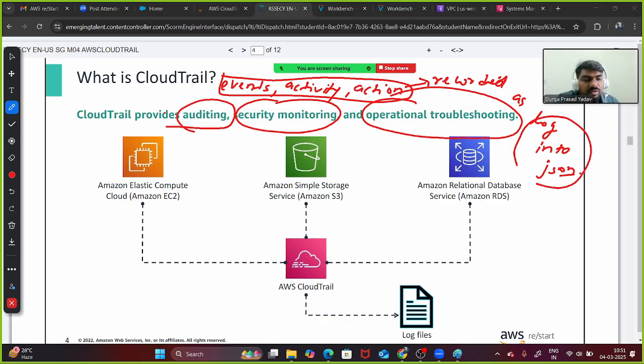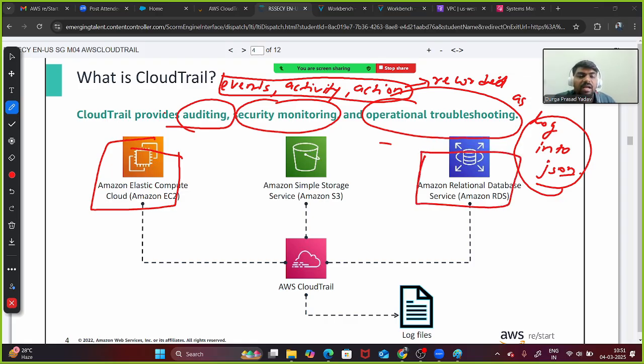This log file you can store in S3. So for example, there is one service which is EC2 and another service which is RDS. Now, who is accessing EC2? Who is accessing RDS? And what activity is happening behind it? Every info related to events, activities, and actions will be recorded in one S3 bucket,